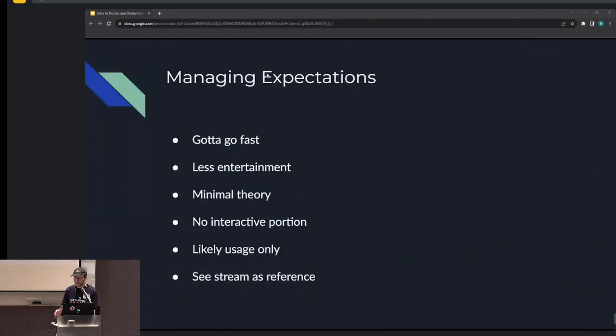Real quick thing about managing expectations. We're going to go very fast, okay? We're covering a lot in just 30 minutes, so I will not stop and ask for questions, even though I normally do. Also, it's going to be less entertainment. Usually I try to keep things fun and have all sorts of fun memes and all that. We're not going to have a lot of that. There's also going to be minimal theory. I'm not going to explain a lot about how Docker exactly works or why it was made or the history,